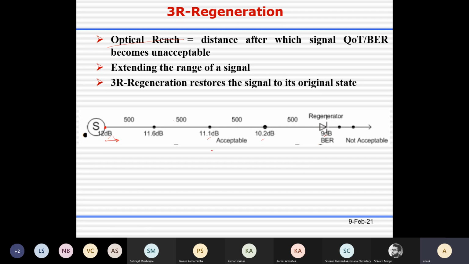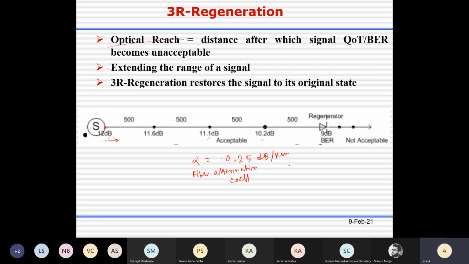I'm taking a typical value. Let's say your fiber attenuation coefficient, alpha, is equal to 0.25 dB per kilometer.